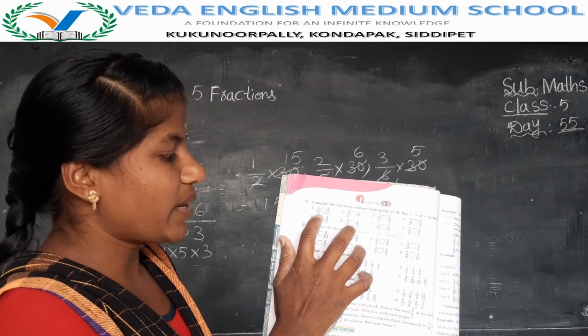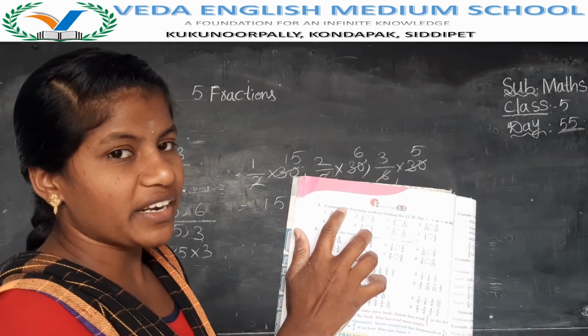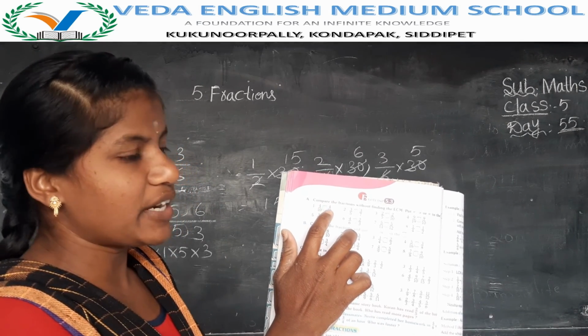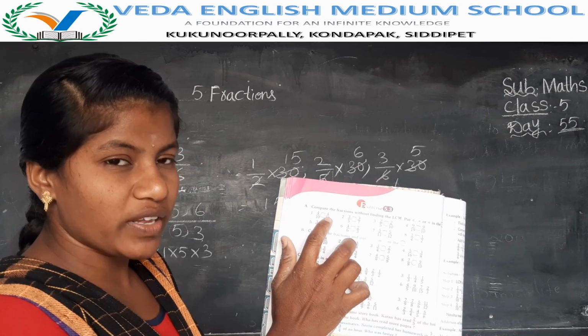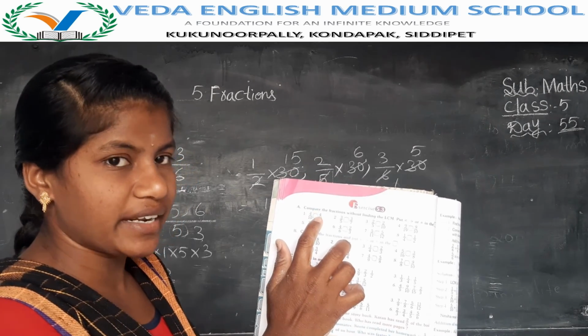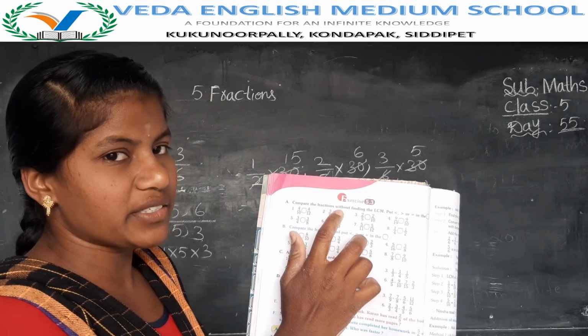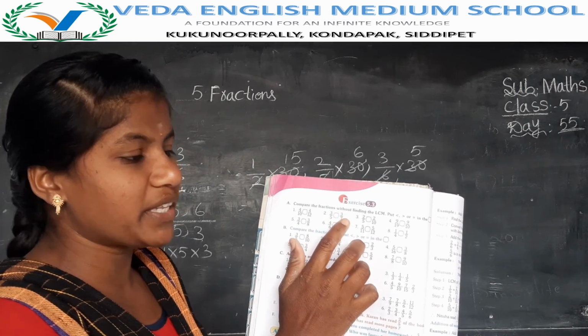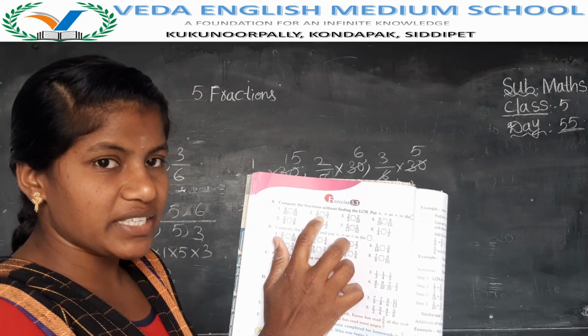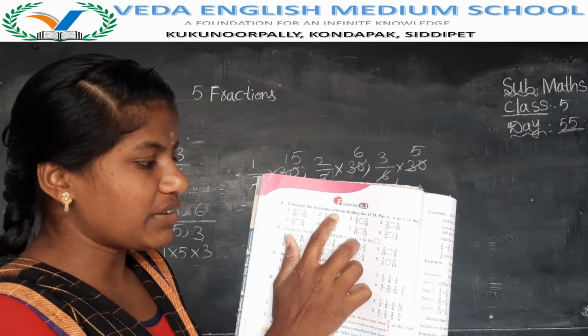See first, 4 by 10, 4 by 12. Numerators are equal. So 10 and 12. Compare 10 and 12. Which is a greater number, Nana? 12 is a greater number. So 4 by 12 is a greater number. Greater than. Next 3 by 5, 3 by 7. Both the numerators are equal. If the numerators are equal, then compare the denominators 5 and 7. 7 is a greater number. So 3 by 7 is a greater fraction.